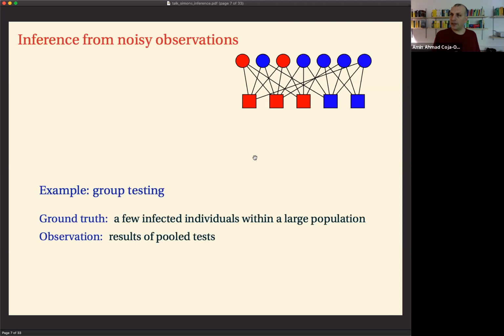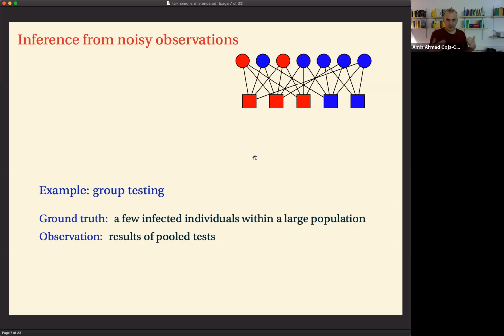Yet another example that I like very much is group testing. In group testing, there's a large population. And this seemed a bit outlandish at the time when we started working on this, but imagine that a new virus befalls mankind. And all of a sudden it spreads, and you have the problem of detecting the infected individuals within your population. So there's a large population, a small fraction of it hopefully are infected with the virus.